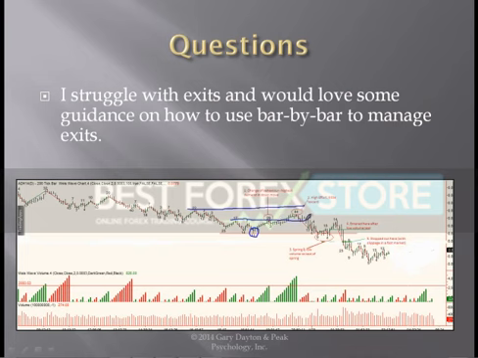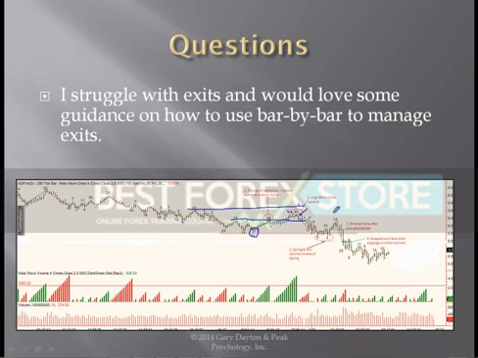And I'd move my stop up and see if I couldn't get it up to here. But at this point where it starts to turn down, or even in here where I get 2 bars in a row of negativity, then I would look to maybe get out of that trade. All right, so I forget now, what was this?